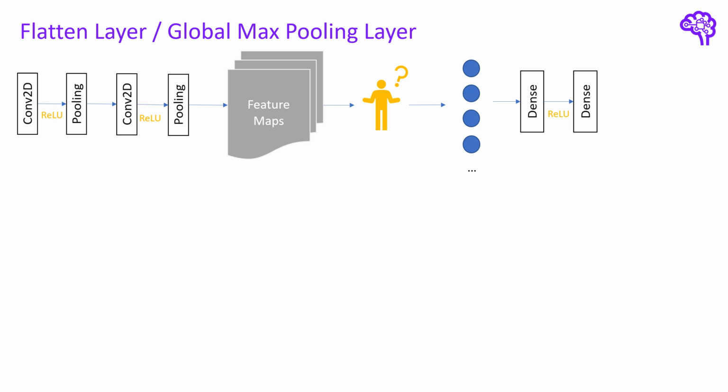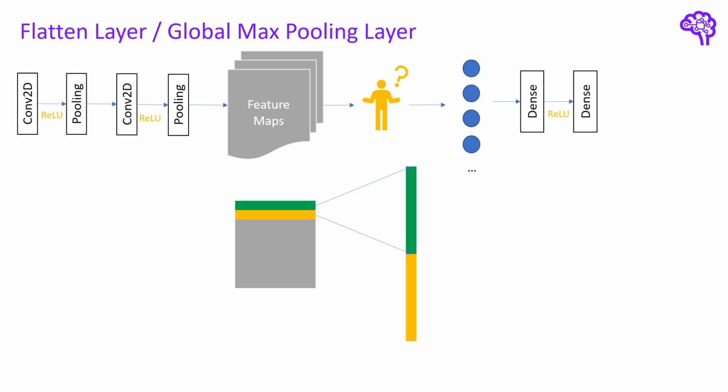There are mainly 2 approaches to do this. The first option is to reshape the feature map to a one-dimensional vector. In other terms, we flatten the feature map. This means we convert the matrix to an array by taking each row or column and appending it. The length of this array is then equal to the number of neurons in the input layer of the dense